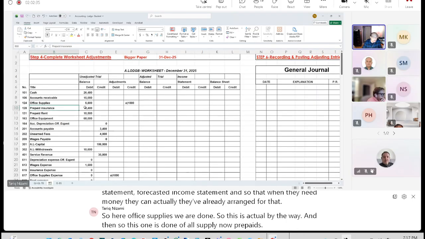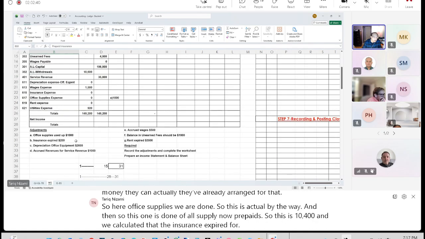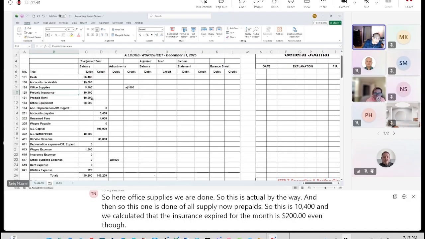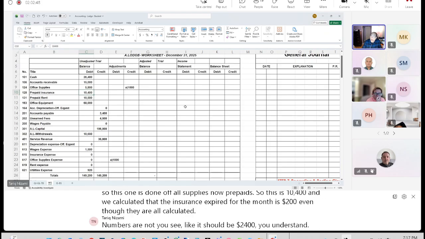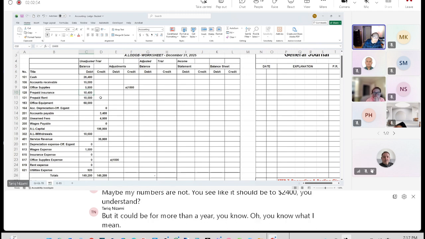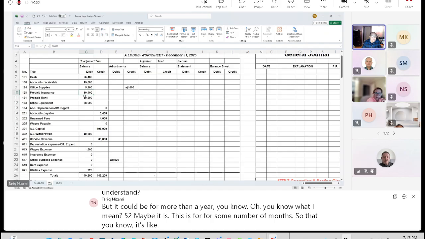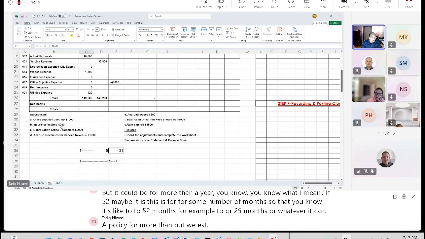Now prepaids. So this is 10,400, and we calculated that the insurance expired for the month is $200. They're all calculated. Maybe my numbers are not. You see, it should be $2,400. You understand? But it could be for more than a year. This is for some number of months, so that it's like 52 months, for example, or 25 months or whatever. It can be a policy for more than that, but we estimated by calculation that the insurance expired is